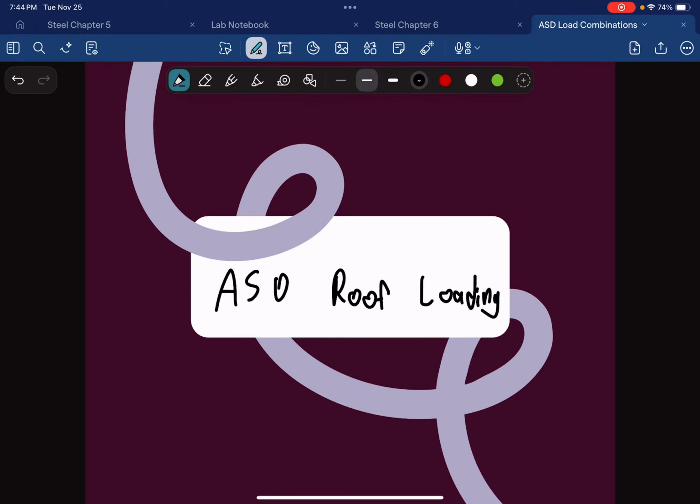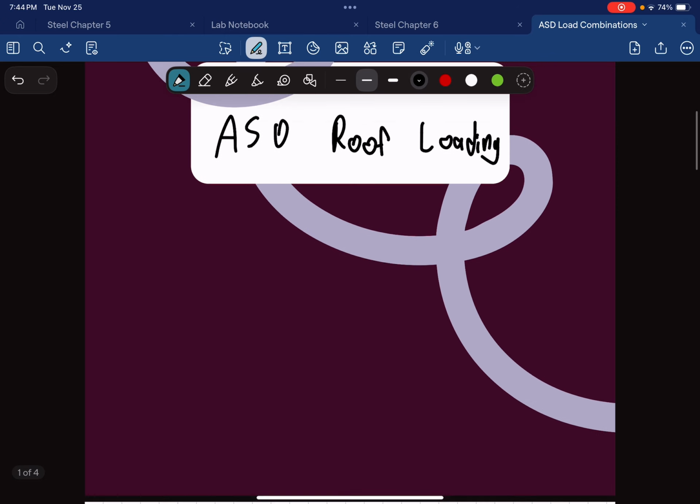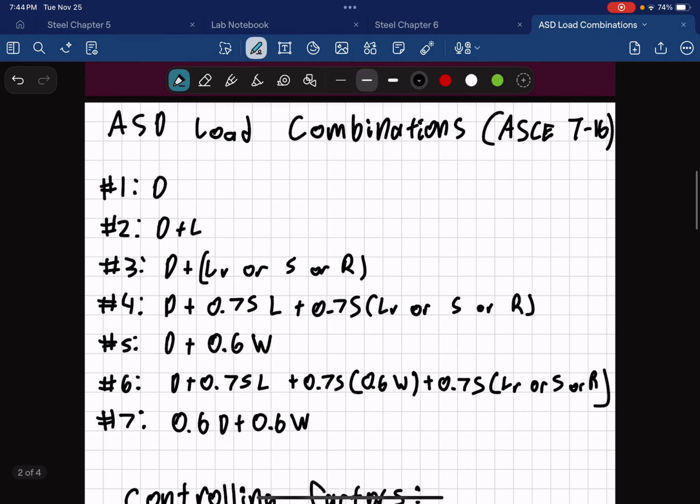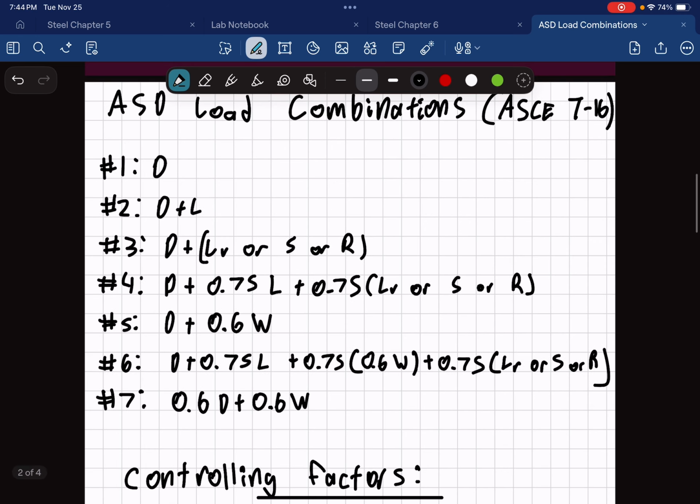Today we're going to be talking about ASD roof loading combinations. If you saw the video where we were doing LRFD load combinations, we're looking at a very similar principle. Basically what we're talking about are design methodologies, and today's is ASD, which is allowable strength design, or allowable stress design, which is different from LRFD just in the way they're designed. LRFD is definitely less common these days, especially within steel design. I would say they certainly can serve different purposes and can be integrated with each other, but LRFD is becoming